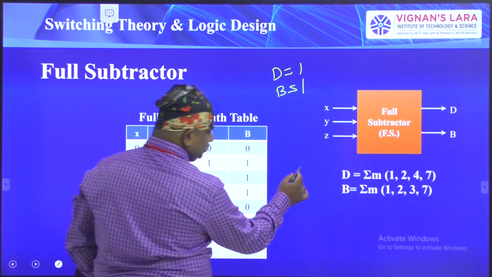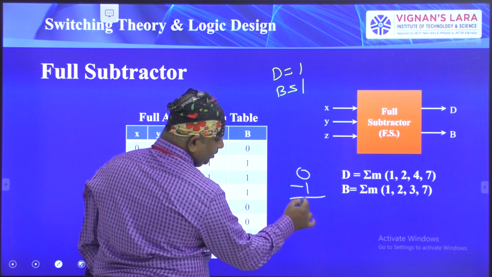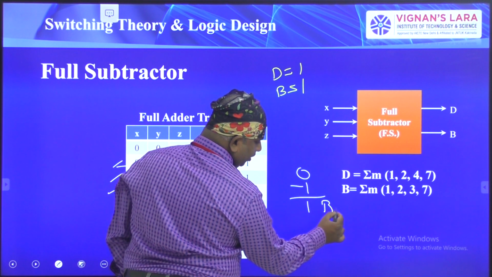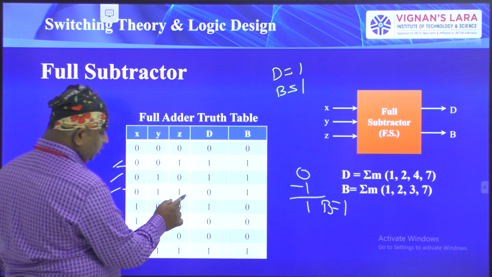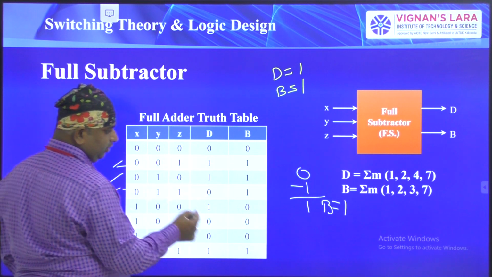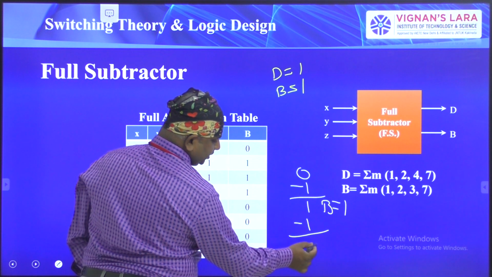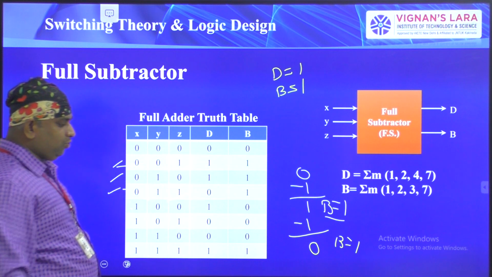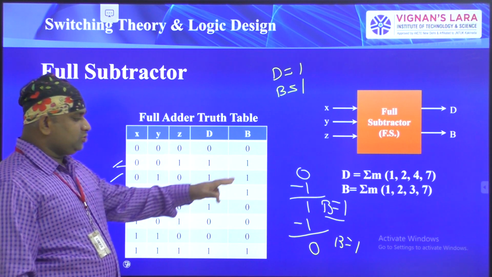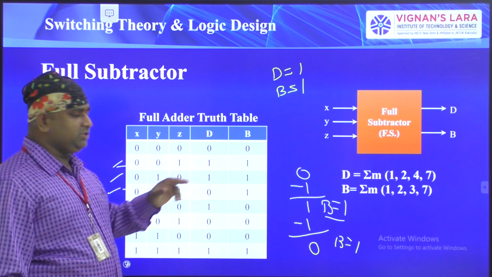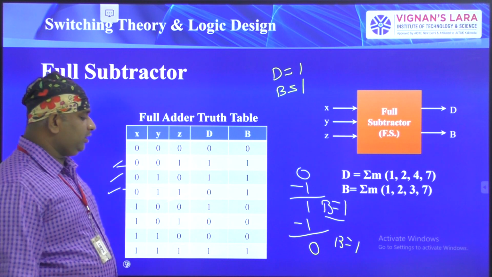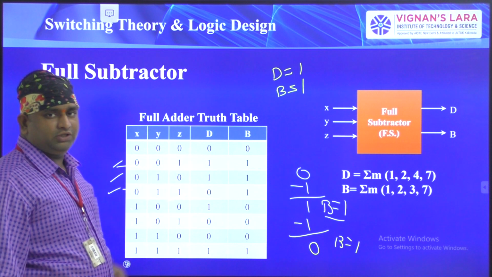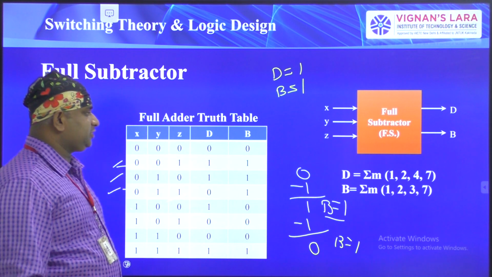So see here 0 minus 1. Here we are taking some borrow and we are saying that here the result is equal to 1 and borrow is equal to 1. From the result you have to subtract this value. So 1 minus 1 is 0. The borrow follows as is, that is borrow is equal to 1. So difference is equal to 1 and borrow is equal to 1. So this is the final explanation for the full subtractor.